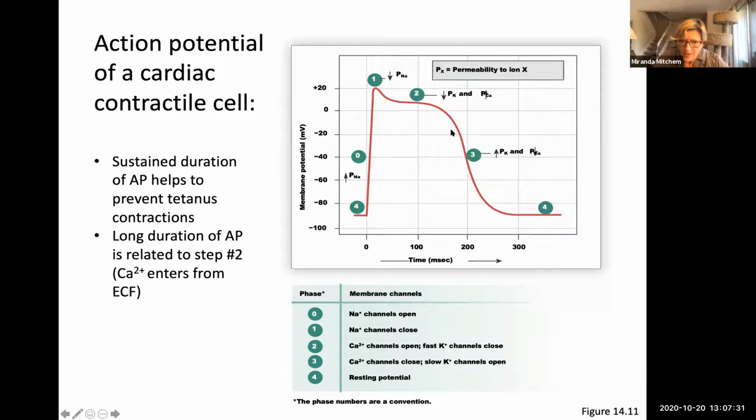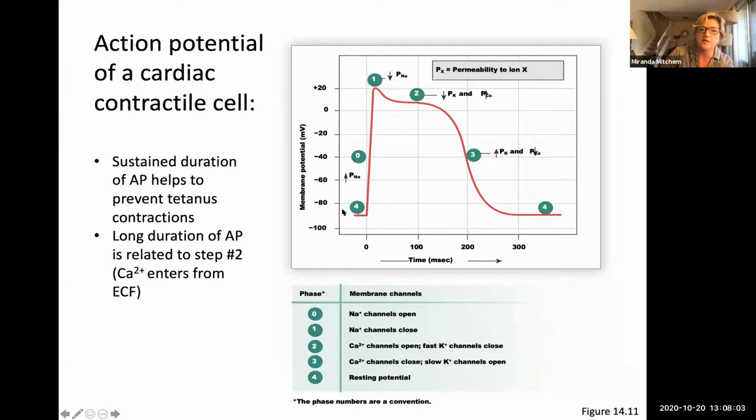So the plateau, that long duration, is from step 2. So let's go through it. This lines up with the slide previously. We're at resting membrane potential. Look where we are. It's a new number, -90 for cardiac contractile. It was -70 millivolts for our skeletal muscle and for our neuron, but now we're at